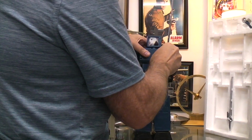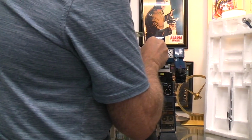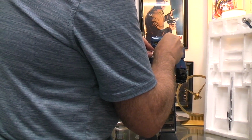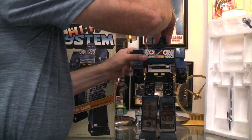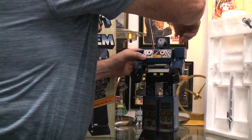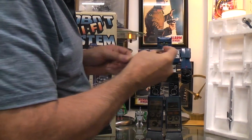I put two AA batteries in the robot. So I don't know. I didn't push it in very far. Okay, it works. The back of the head, as you saw when it was turned around, is a TV set. Looks like it's got ET flying over the moon. And everything about this toy